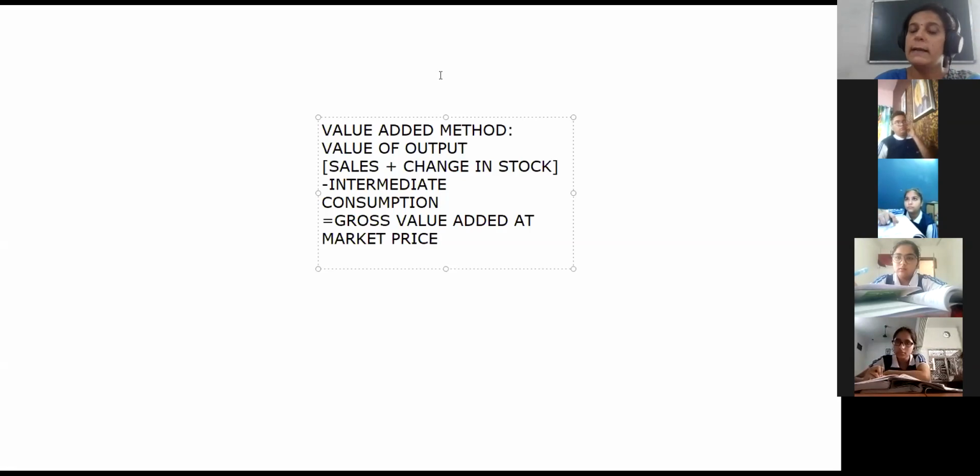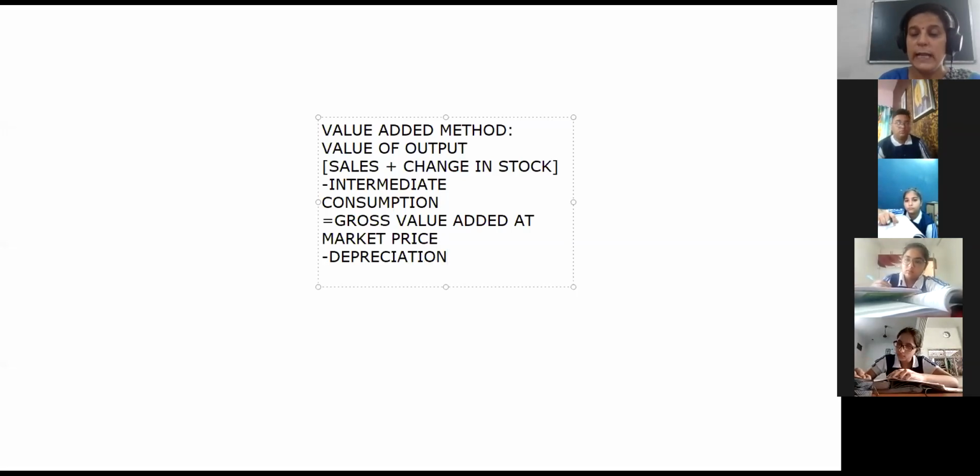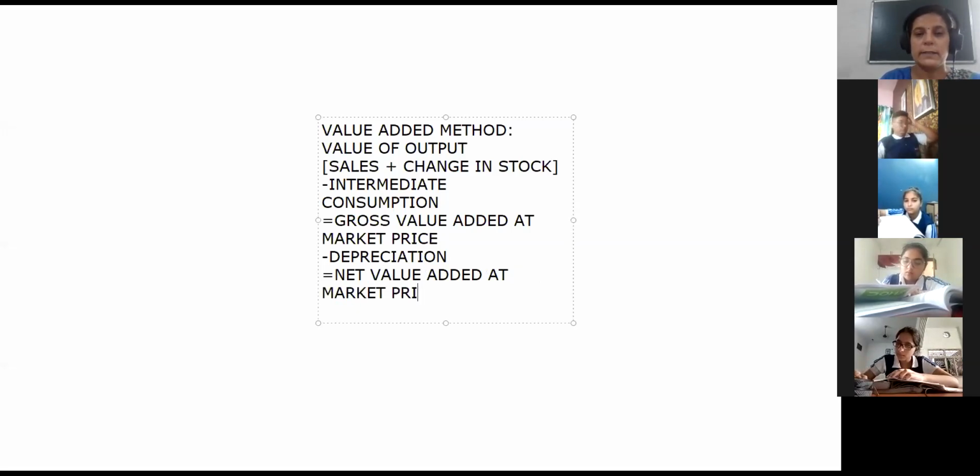Okay, so for this market price is written, but now we will see how we will subtract this. Now the main component is this gross value added at market price. From this gross value added at market price, we will subtract depreciation, and then we will get net value added at market price. Okay, subtracting depreciation, we get the net value, and after this we will subtract from this net indirect